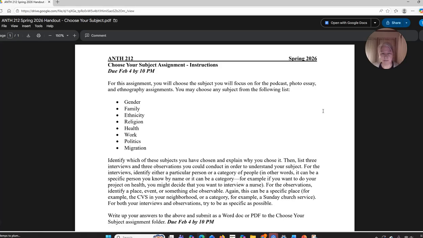So, for example, back to religion. Religion is a huge topic. It would be really hard to study religion in general. What makes more sense is to figure out some kind of piece of the topic of religion that you might study. Again, it can be a specific religious institution that you physically know where it is. Or it could be some question within religion.